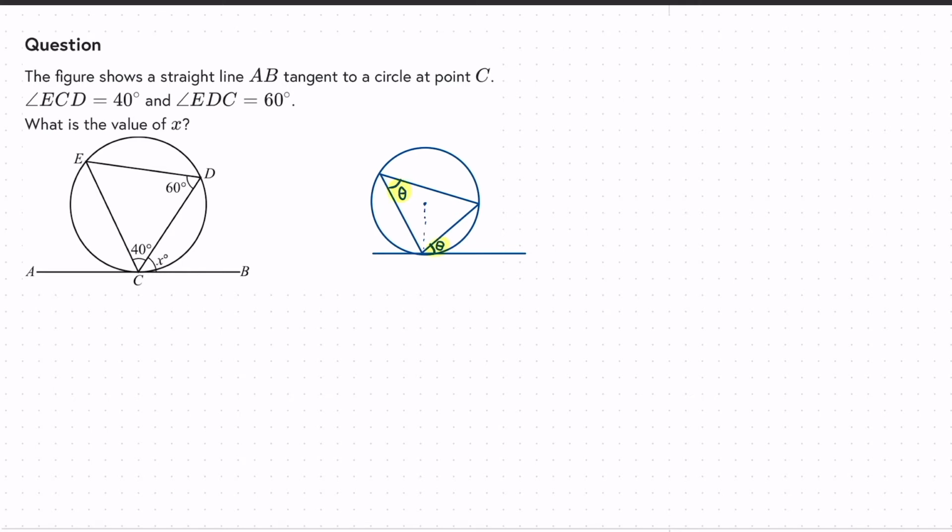Okay, so how can I use this? Well, in this question, we are given the triangle EDC, the point X, well, that's what we're trying to find out. And we know based on our alternate segment theory that X is down here. You can see it goes right from the chord to the tangent. That's going to be equal to whatever this is. So this is also X. And how do I know what that is? Well, because of the angles in a triangle,